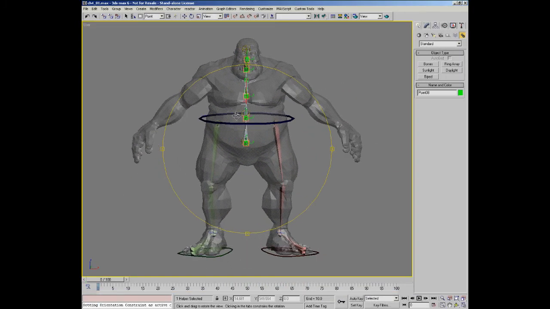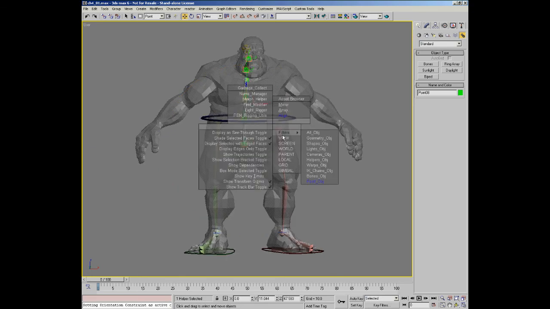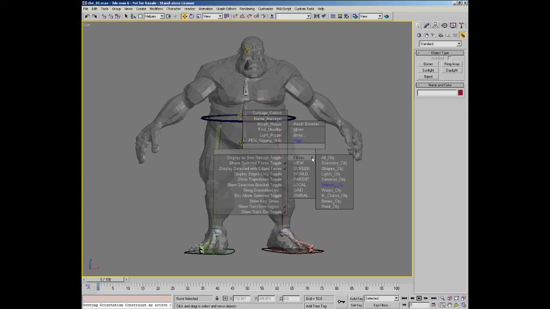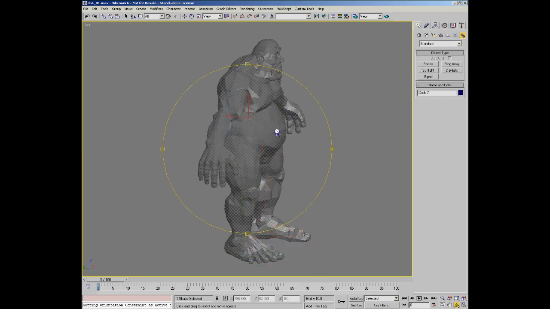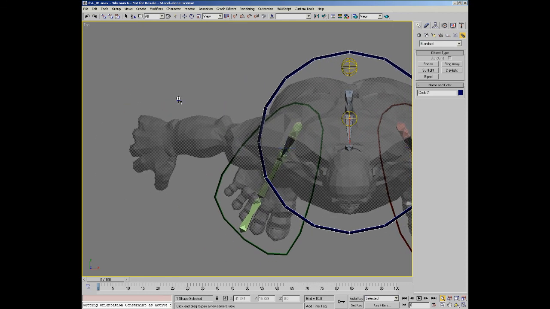All of these point helpers are just going to prove to get in my way at this point, so I'm going to select them all, filter, and hide the selection. I almost always build my arm bones in the top viewport because I can see about where everything is. I also want to keep the bone system laying flat. You'll see why in a minute. So create system